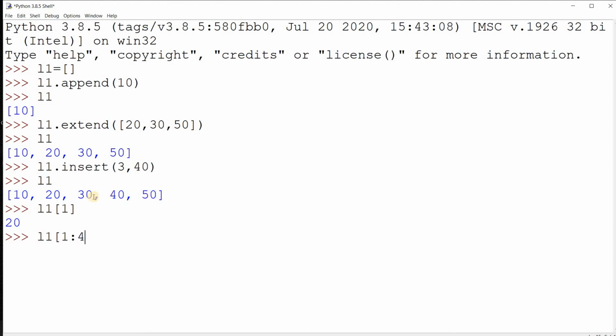I write 4 here because I want to see 20, 30 and 40, and it excludes the upper limit, that is 4 will be excluded and you will get 20, 30 and 40 only. Let's press enter. As you can see, 20, 30, 40.